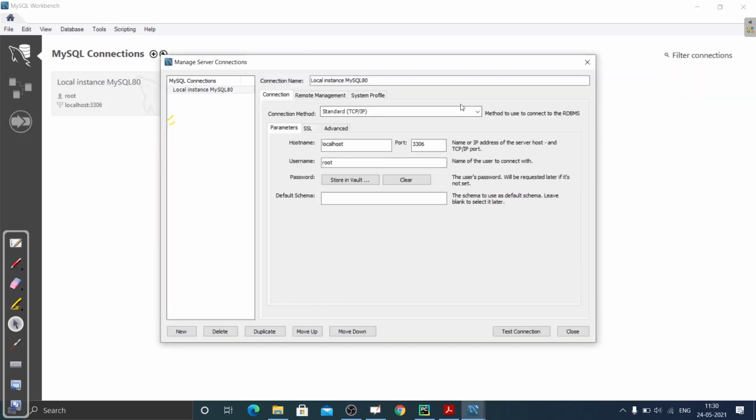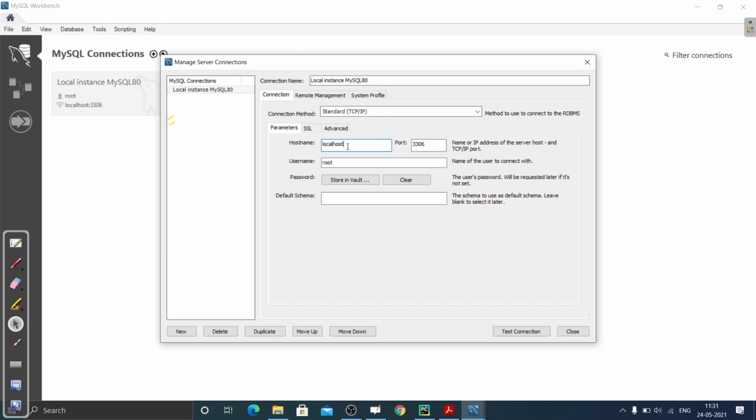Now I will show you what those arguments were that we were passing while creating the connection. This is my connection name. And this is the main thing, the host name. Host name we always write like host equals localhost.